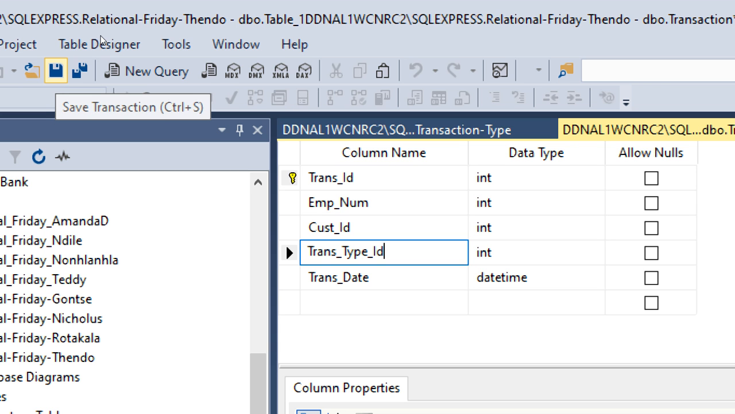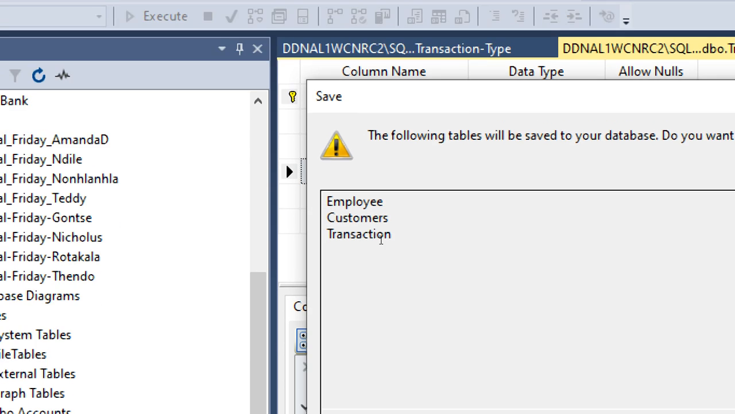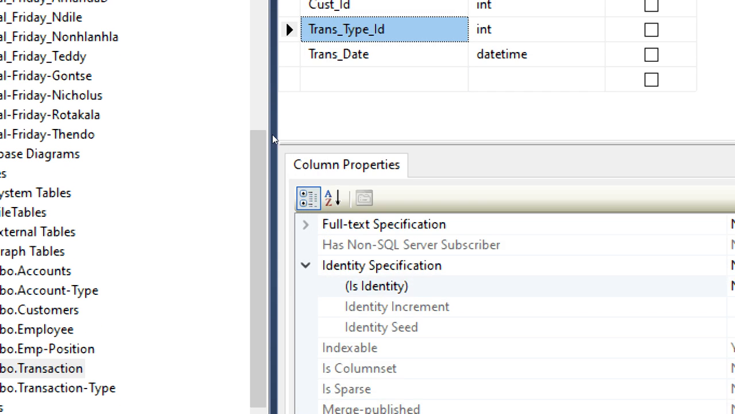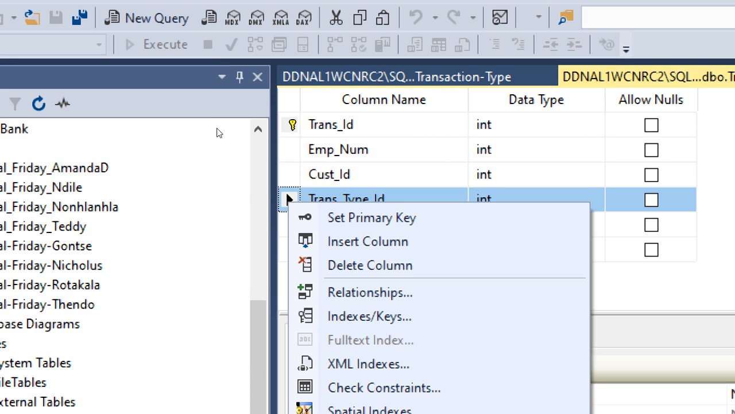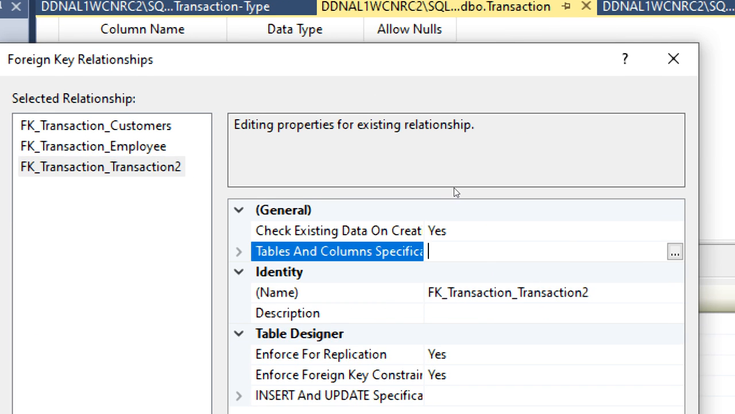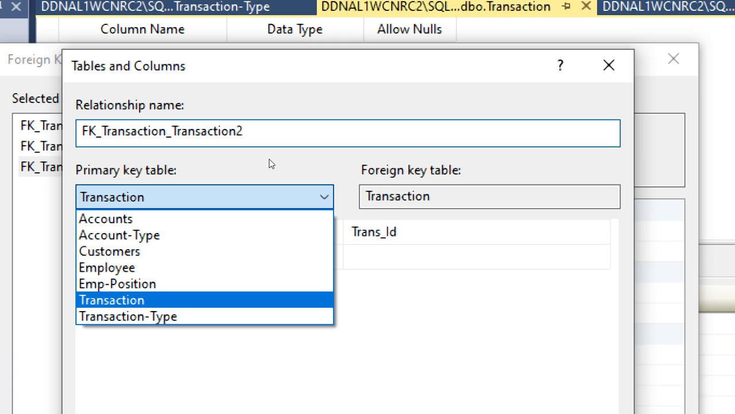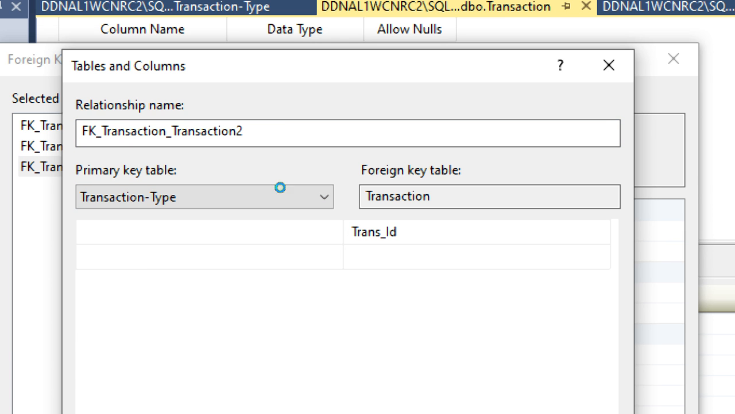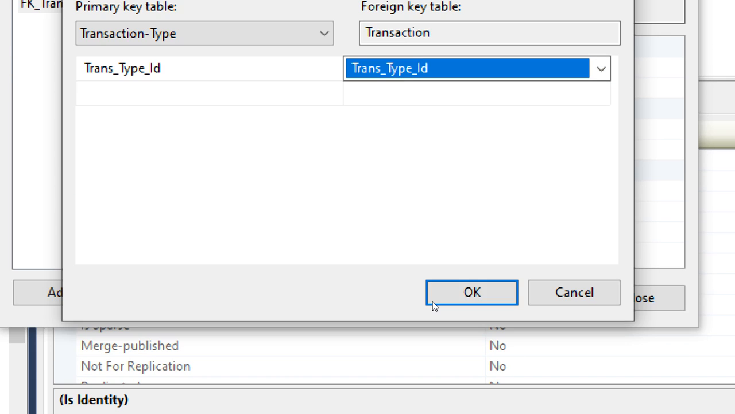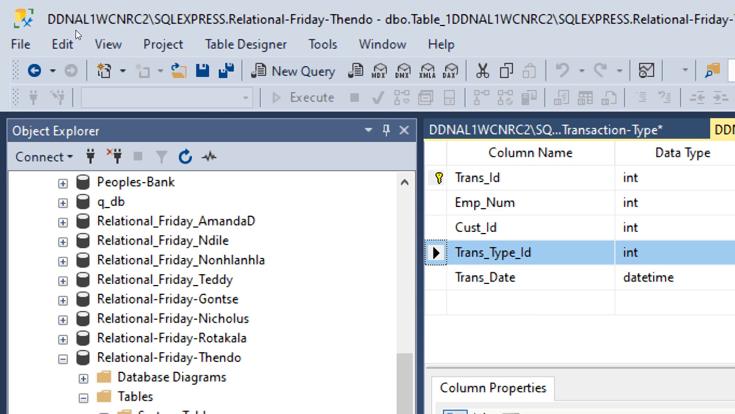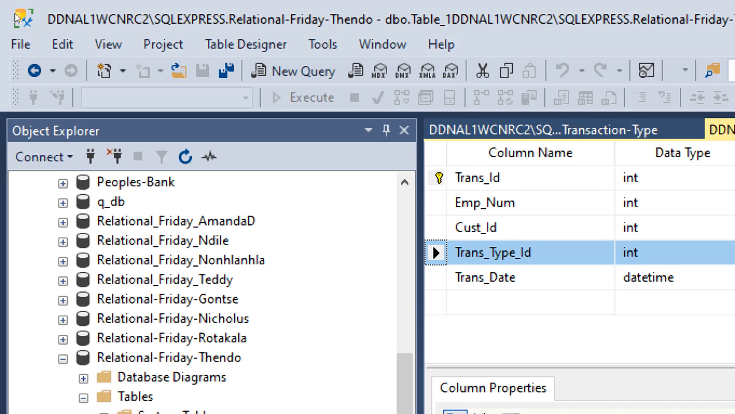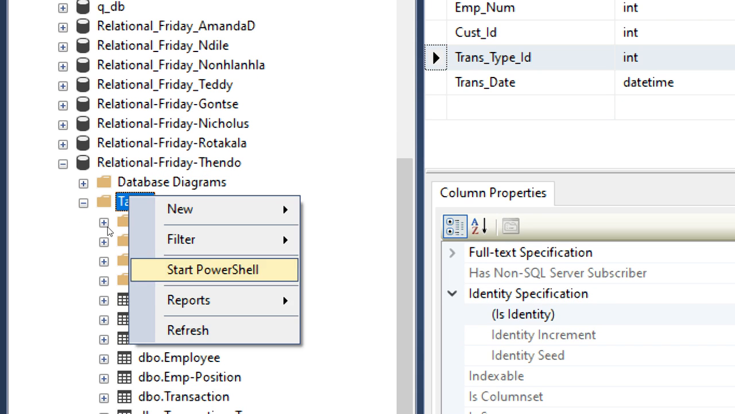Okay. Save. Yes, because it's still just employee and customers. So back to the relationship, this last one that has not been implemented. That's where we're saying from the table transaction type, give us transaction type ID. On this table, it's also called transaction type ID. Press OK, close this, save. Two tables are affected by this. Done. Now, if we refresh here,